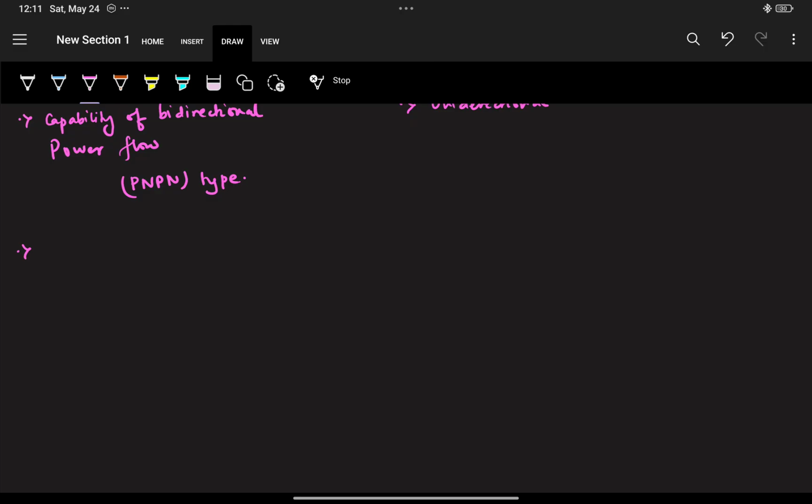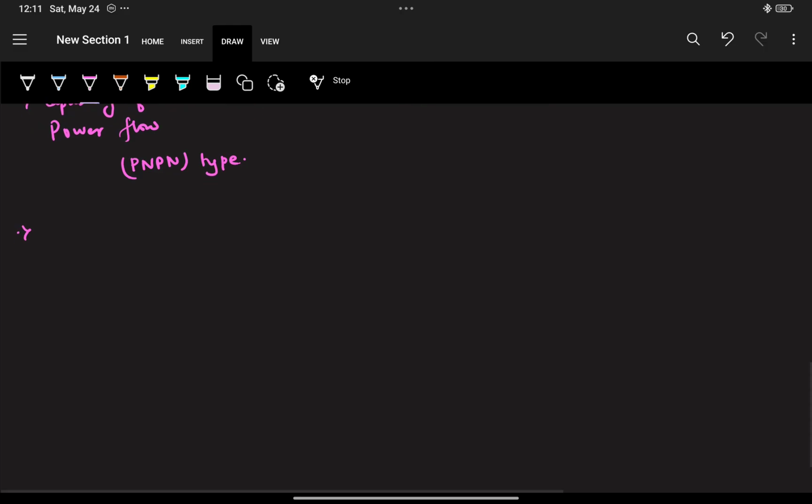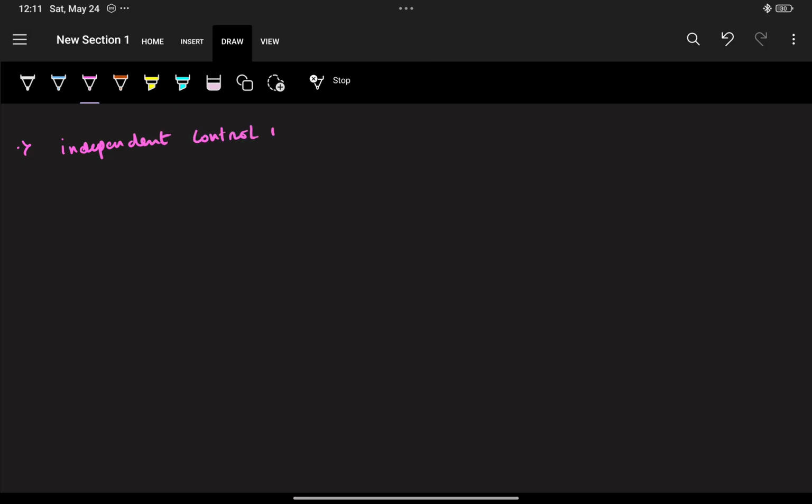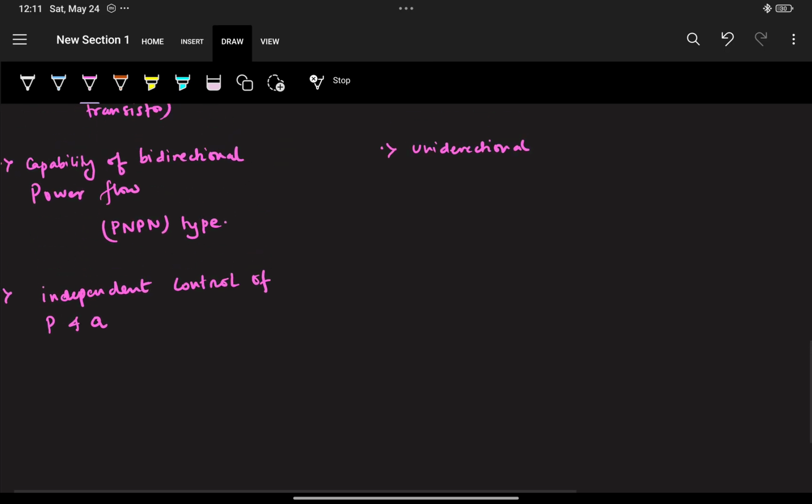The third and the most important factor because of which we are making the transition from current source converters or inverters to voltage source converters is independent control of P and Q. But in the case of current source converters, P and Q can't be controlled independently, because